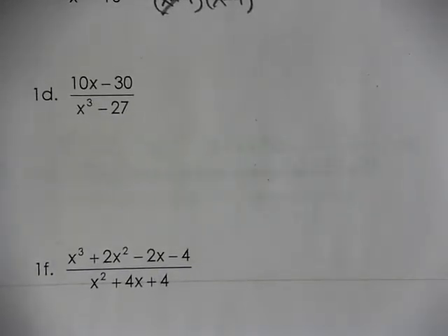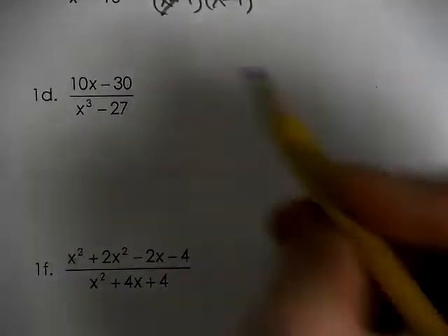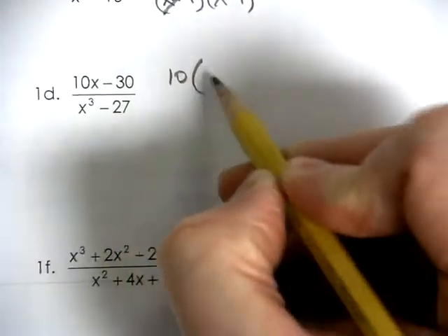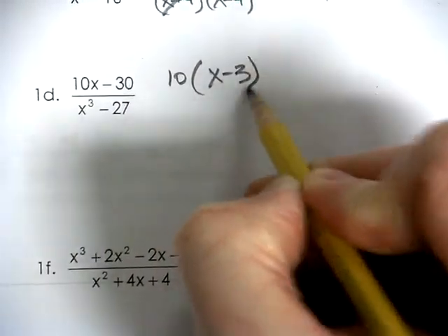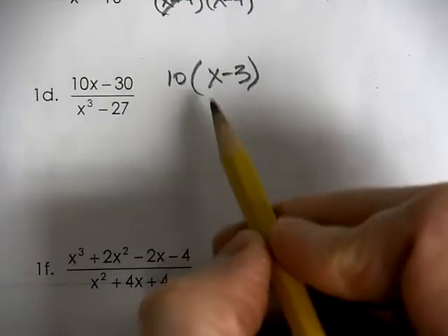(1D). Think about what needs to be done here. What do you recognize? You may notice a GCF with the top, with the numerator. We get x minus 3. With the denominator,